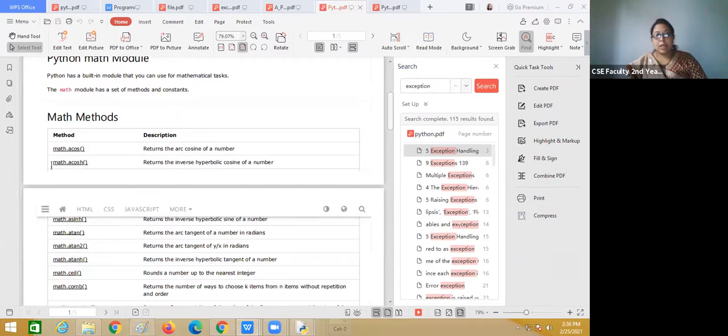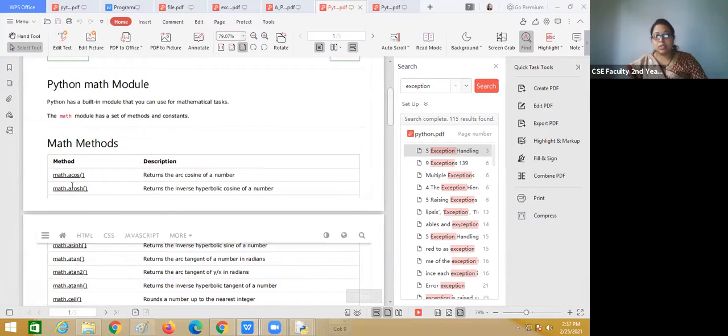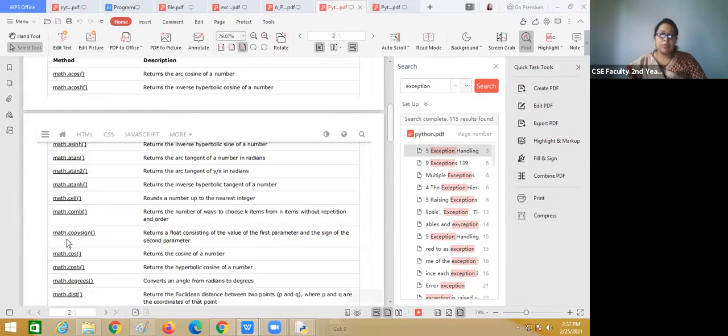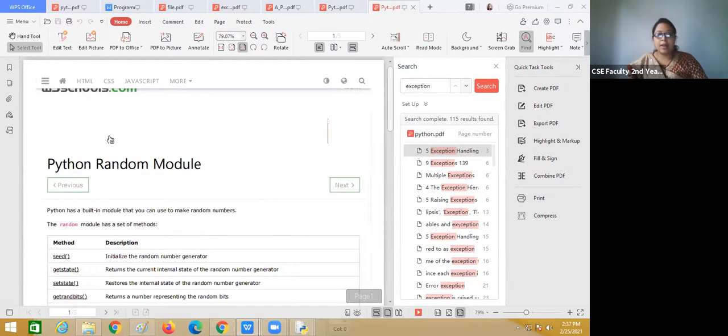If you are calling these methods, before calling them you have to import the module first, math. Then after that you can call these methods. So this is the math module. Another module is the random module.